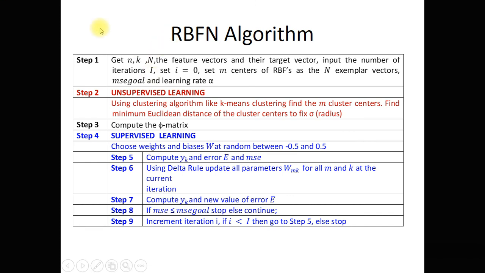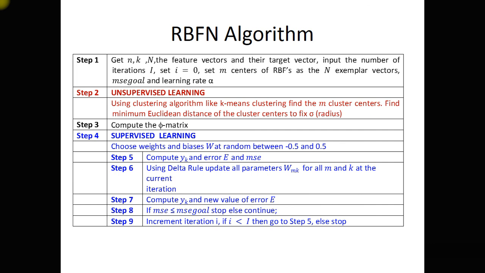This is the RBFN algorithm. Step number 1, get the capital N feature vectors and their target vectors. Input the number of iterations, set I equal to 0, set the m centers of RBFN as n exemplar vectors, the MSE goal and the learning rate alpha. Now remember that we are supposed to find the cluster centers first. Cluster centers we had arbitrarily chosen because it was a very simple problem. Now in this case we use an unsupervised learning, which is k means clustering, to find the m